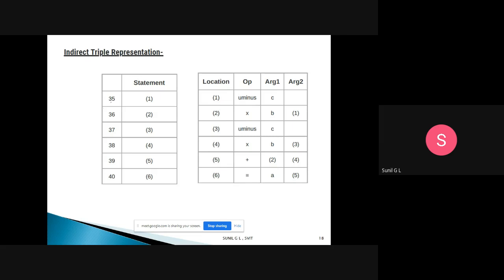Here this pointer holds the address of statement 1, that is location 1. Then we will have the operator and argument 1. That is nothing but an indirect triple representation. Same thing, we will have that pointer. A pointer is a variable that holds the address of another variable. So this pointer holds the address of location 1, like that. This is indirect